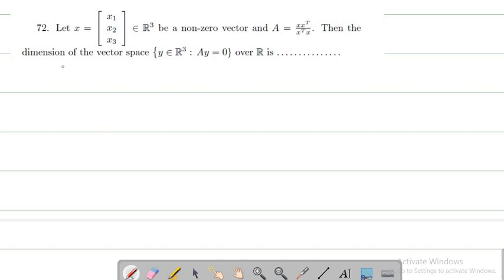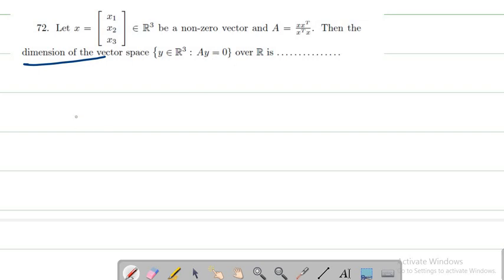So this is another interesting question from this section of vector spaces. And here also we're asked to find the dimension of the vector space. So the vector space we are asked about is basically the set of all y belonging to R3 such that Ay is equal